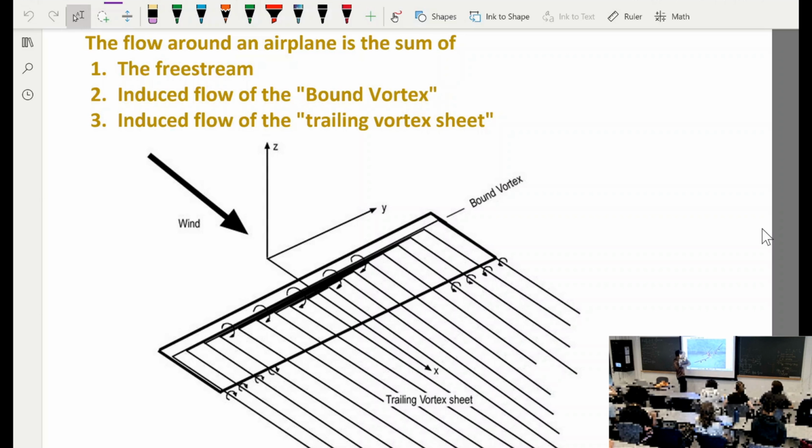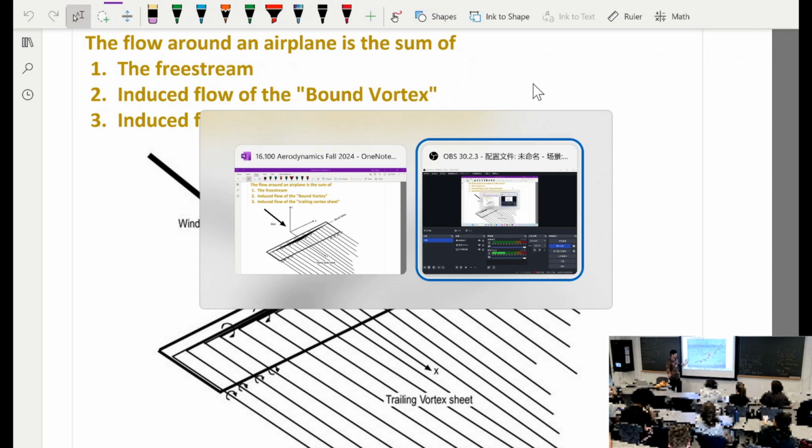But now I can also look at a horizontal column that goes to infinity on both left and right, and I can integrate the sideways momentum. The sideways momentum is going to be 0 if it's below the bottom vortex, and 0 above the top vortex. But it is going to be non-zero, pointing in that direction, if I'm above the lower wingtip and below the upper wingtip. That means in the wake, I'm getting non-zero total momentum in that direction, which means the airplane is getting a lift force in that direction. This is how an airplane turns. Like when you take an airliner, whenever it turns, it banks towards this